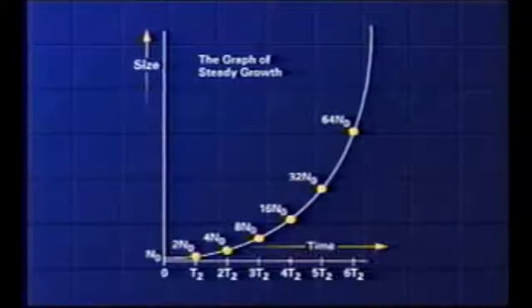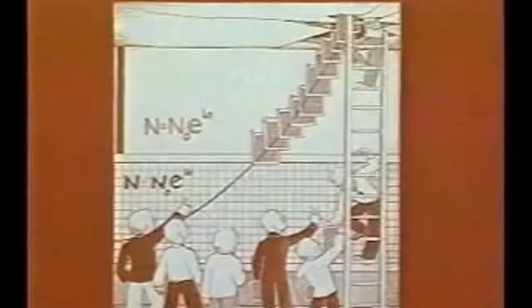Well, let's look at a generic graph of something that's growing steadily. After one doubling time, the growing quantity is up to twice its initial size. 2 doubling times, it's up to 4 times its initial size. Then it goes to 8, 16, 32, 64, 128, 256, 512. In just 10 doubling times, it's 1,000 times larger than when it started. And you can see, if you tried to make a graph of that on ordinary graph paper, the graph will go right through the ceiling.